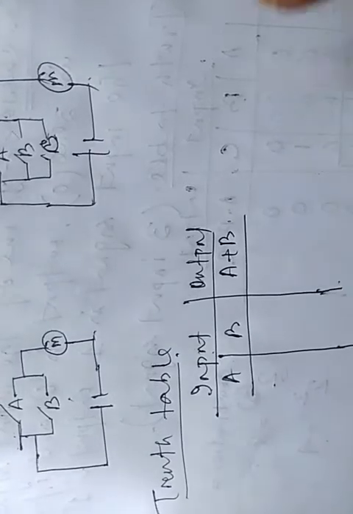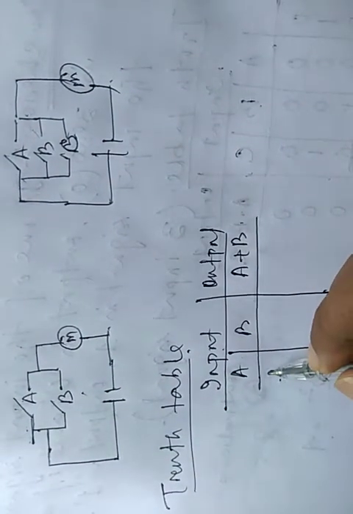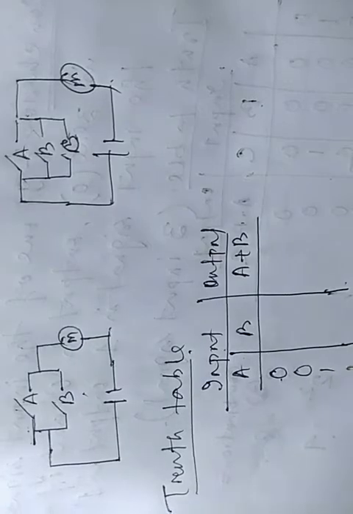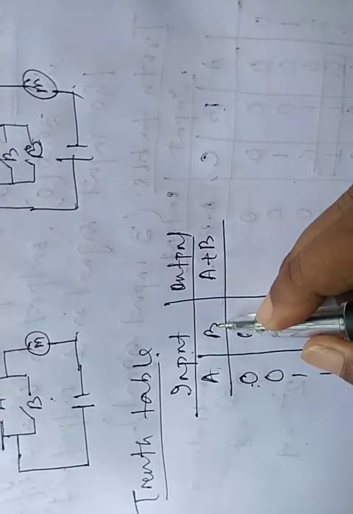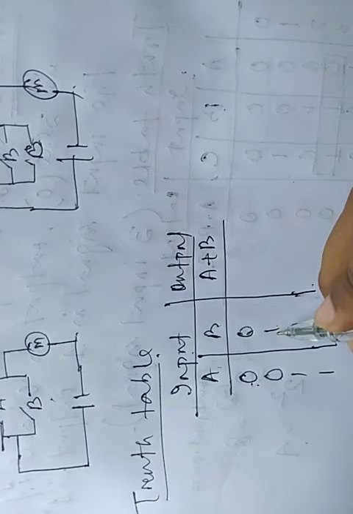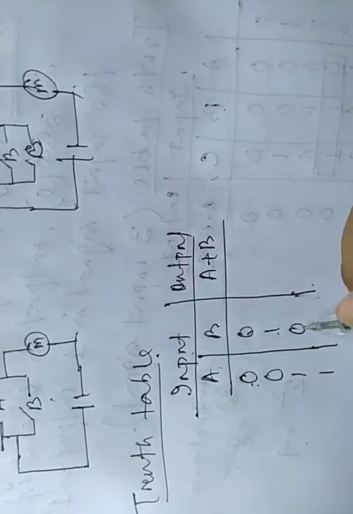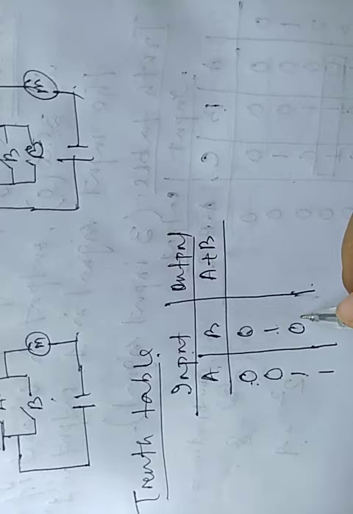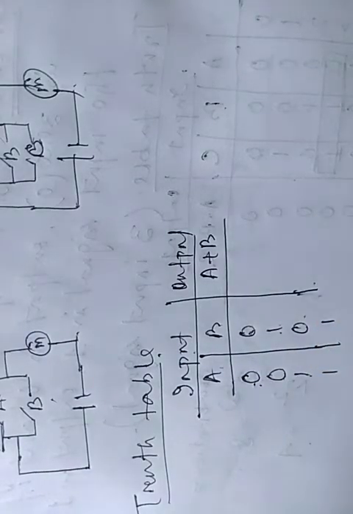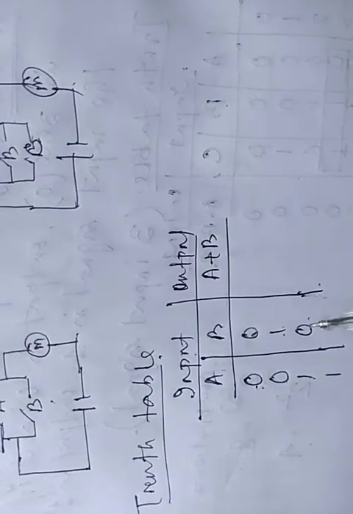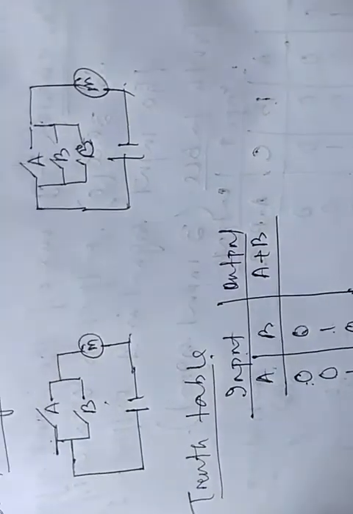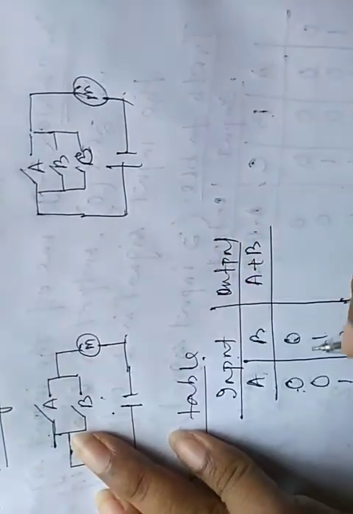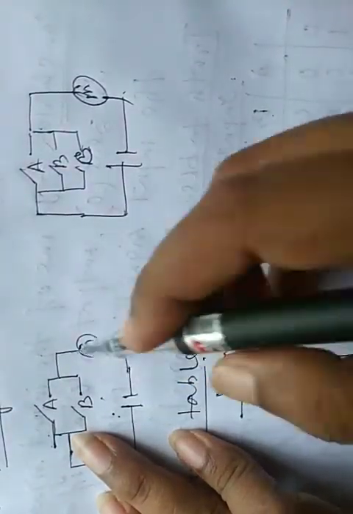Now our input value combination is, we know, 0 0 1 1 and 0 1 0 1. 0 0 means both the switches are open. 0 1 means A is open, B is closed. 1 0 means A is closed, B is open. I have discussed this in our previous video when we were doing AND operations. And 1 1 means both are closed. Now let us see in our switching circuit, AB, that means both are open.